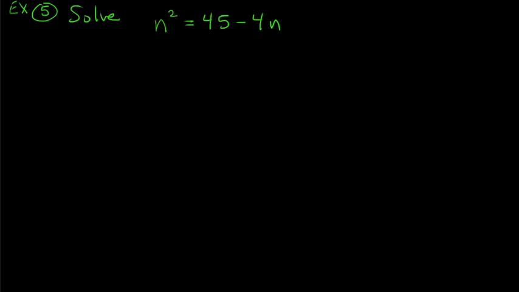Okay, next example. We want to solve the equation n squared equals 45 minus 4n. So this is a quadratic equation, and I know that because it's not just n, it's n squared here. However, this is not in standard form. It's not in the form an squared plus bn plus c equals 0, and you see why, because the right-hand side is not 0. So to put this in standard form,